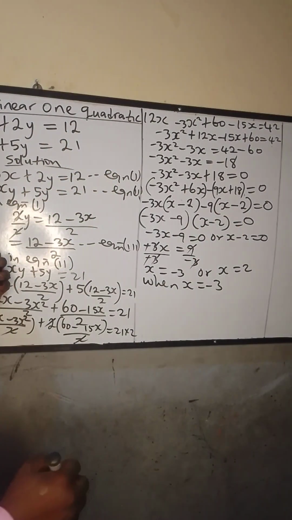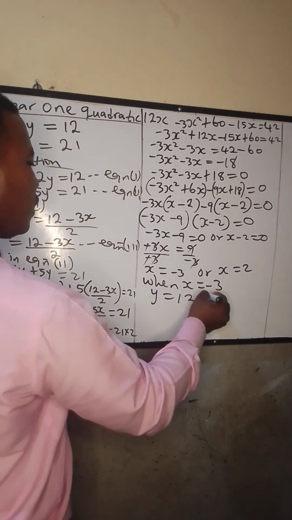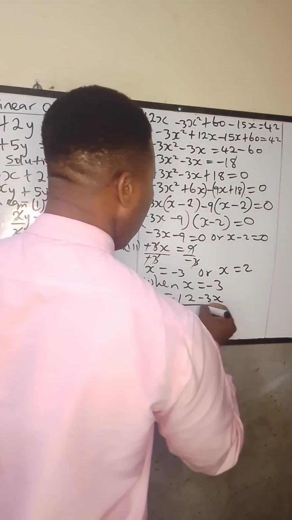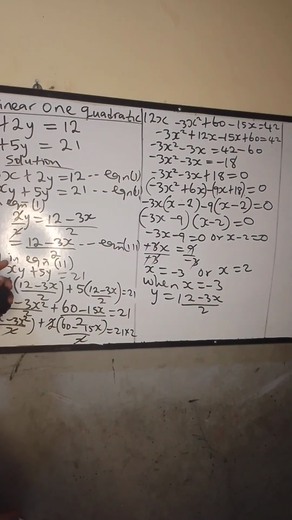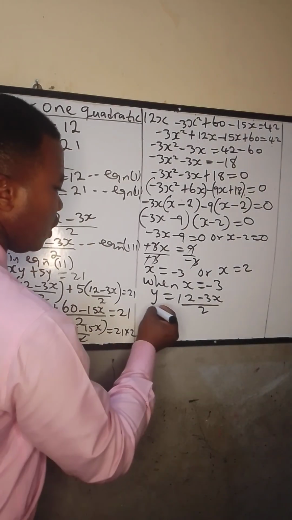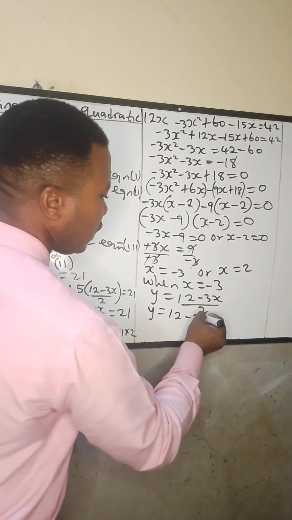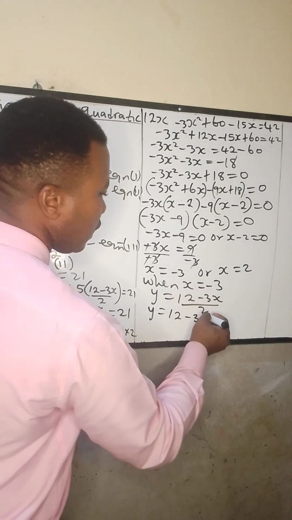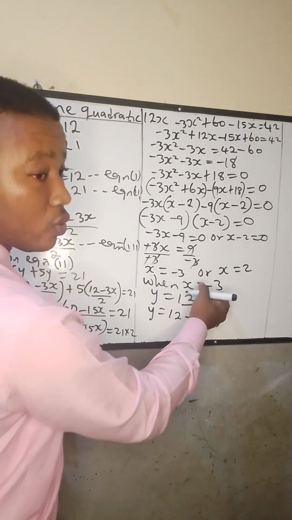Remember, we're taking equation 3, so this is giving us y is equal to 12 minus 3x all over 2. Are you following? Good. Okay, so this is now giving us y is equal to 12 minus 3, and our x here becomes minus 3, that's when x is equal to minus 3,